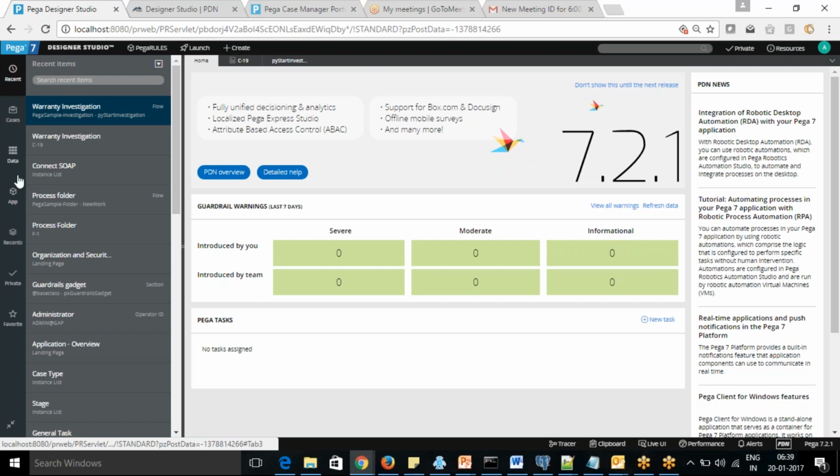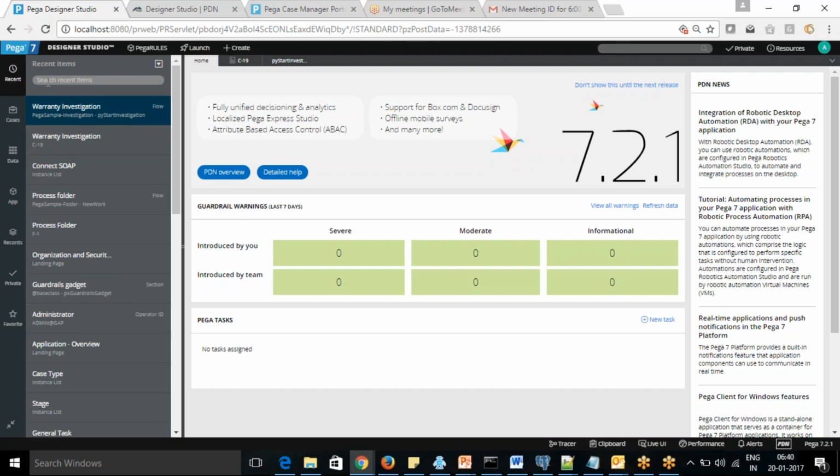Earlier there were only the Application Explorer and the Record Explorer. Now they have introduced the Recent, Case Explorer, Data Explorer, Private and Favorite. These are all recent in Pega 7 only.